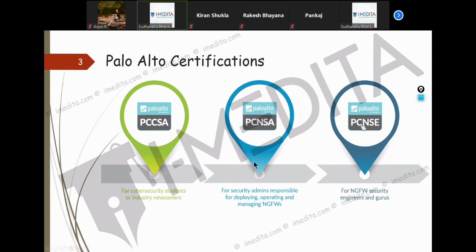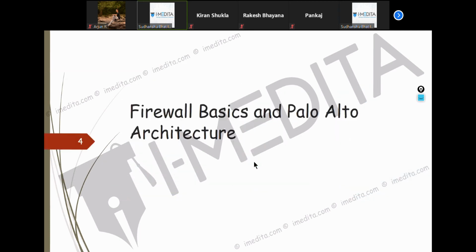From time to time, when I cover any topic, I'll tell you certain parts of Palo Alto documentation, because there is no Palo Alto press. I'll tell you to read these 10 pages from here, read these 20 pages from here, and if you read them, it is best, because then only you can get a strong foundation of Palo Alto. Okay, so let's start with the firewall basics.